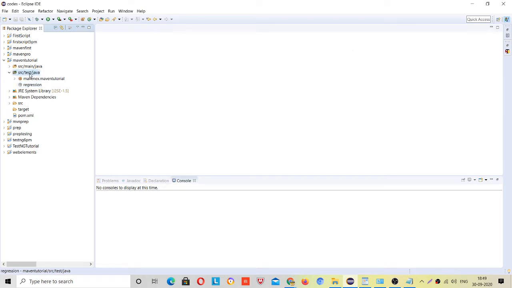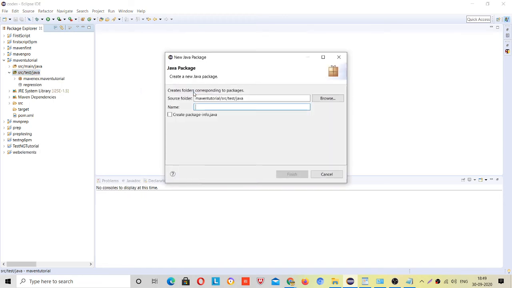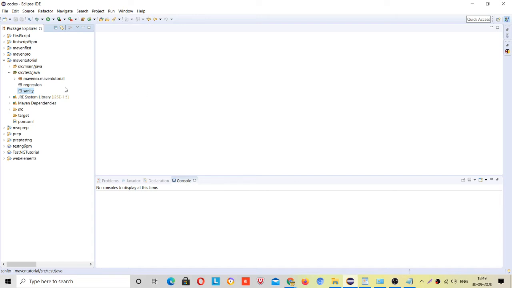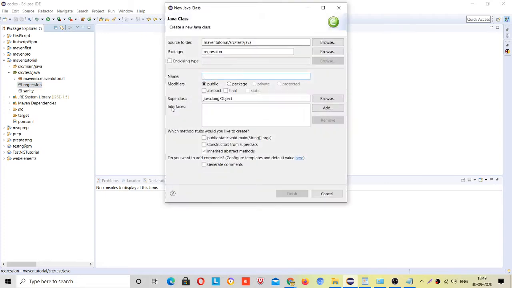I will create another package, new, sanity, right? Inside regression I will create a test case, suppose a test class. Make a habit of adding Test after every class name.